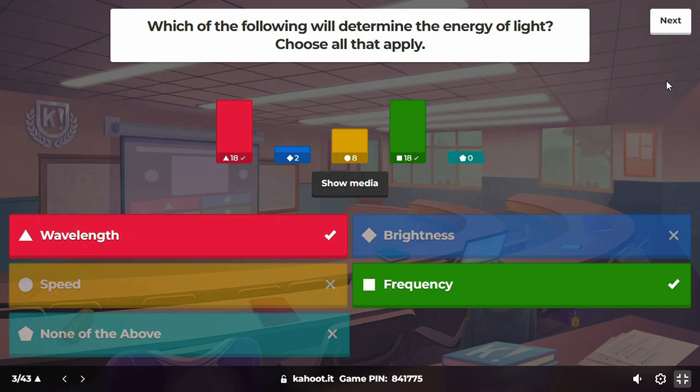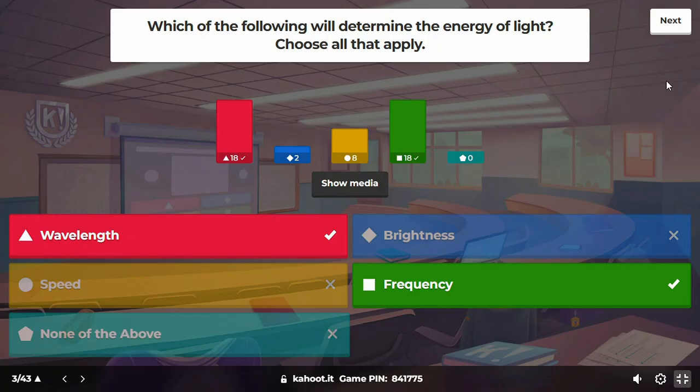So, wavelength and frequency are the two that will affect the energy of the photon. Brightness will be more of a factor of how many photons are coming from that object, but all the photons will have the same energy. And the speed of light is a constant, so whether that's a gamma ray or a radio wave, they'll all